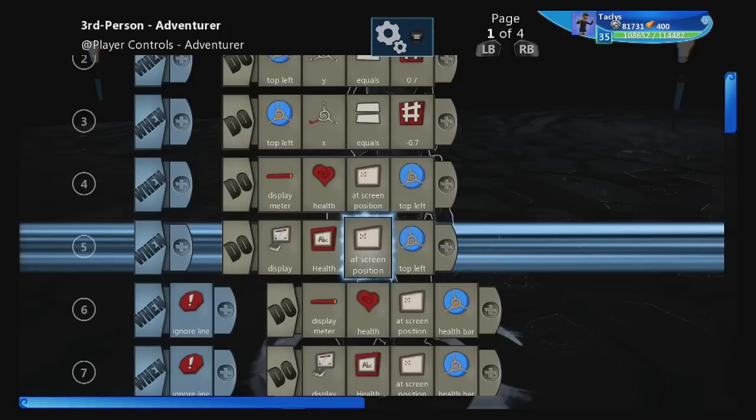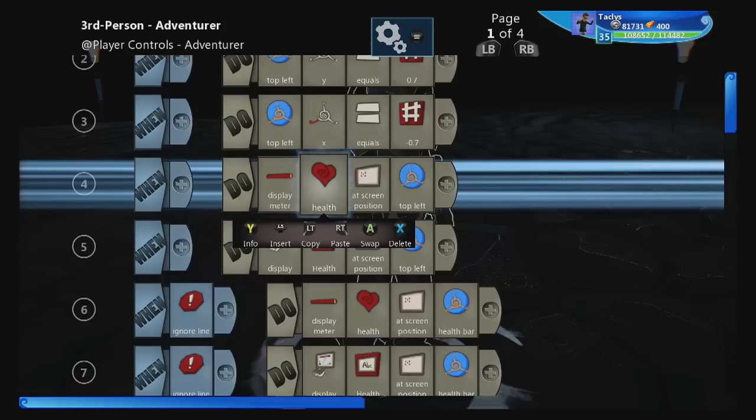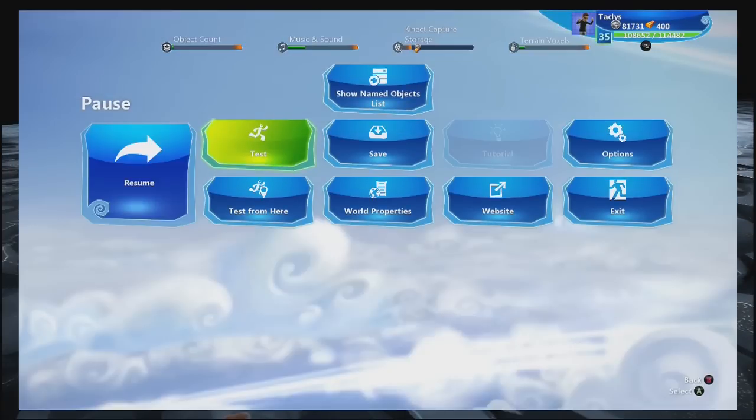Now, something interesting that Project Spark does is that text, almost in every situation I've come across, goes to the top. You don't overlay elements on top of text. Text always seems to rise to the top. Now, I will get into other element overlaying here in a bit. But when you're doing 2 elements and text is overlapping it, that's all you need to do. So if we were to test it,